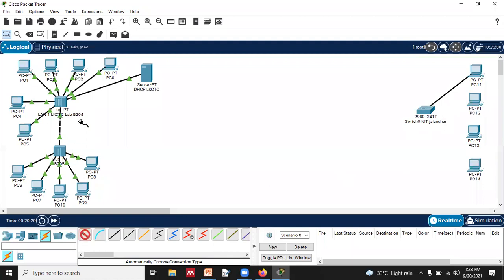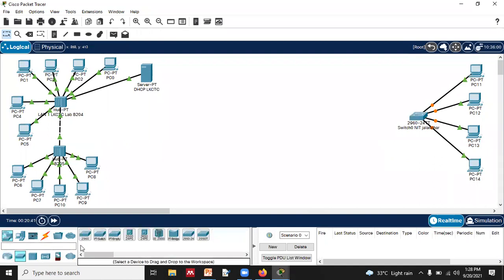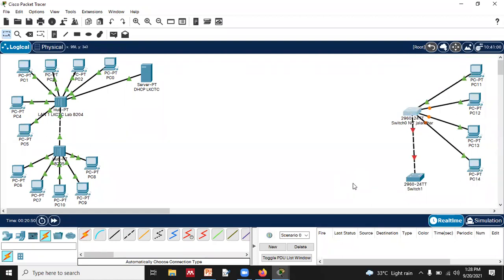Why I have made this difference is so that you could know the working, right? Nothing else. So again, we have this, and we can extend this with the help of one more switch. We could easily connect with the cross cable like this way, right?